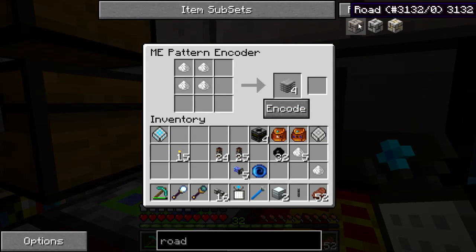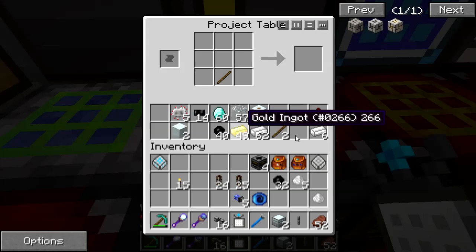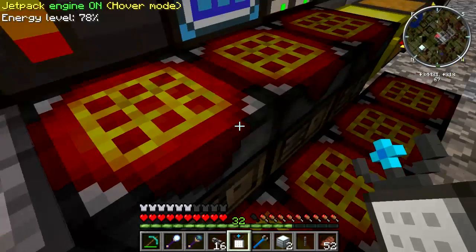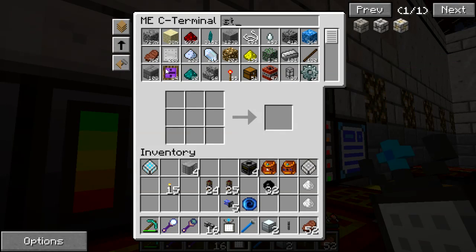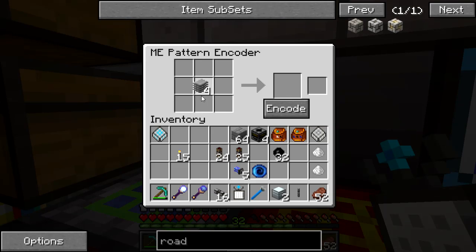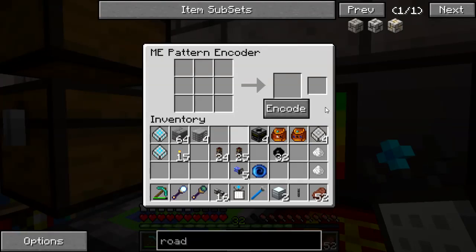Encode that, and then get some plastic sheets. Well, alright, stone brick. Alright, a plastic sheet. Stone bricks. Wait a minute. Oh, all the way around. Encode this. Alright, now